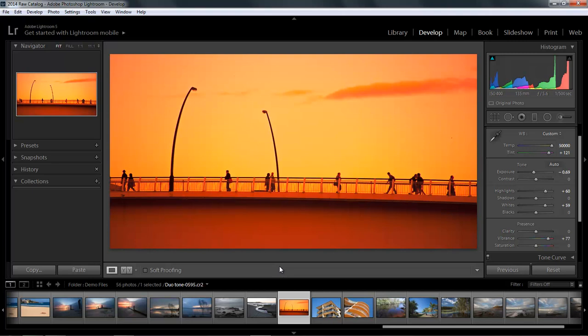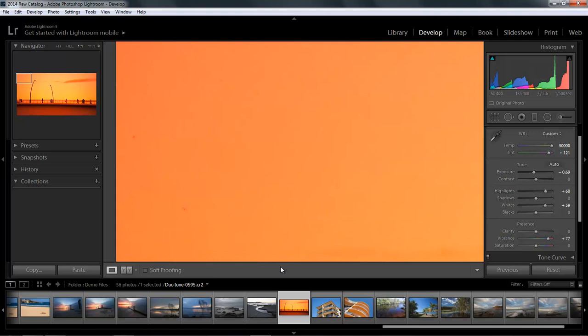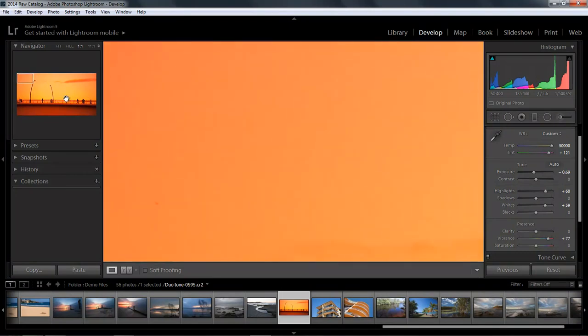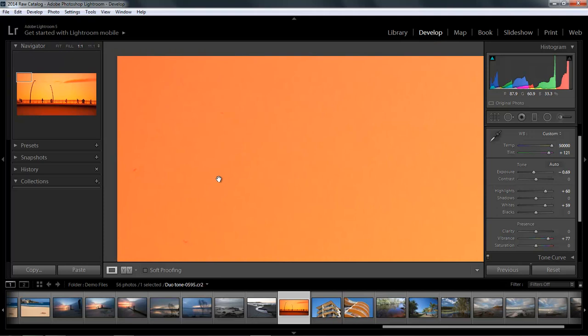One of the most important aspects of the tool we're about to use and the technique that goes with it is we work with our image at a large size. Now if we look at the Navigator at the top left of the screen, I've got mine set so with a touch of the Z key it jumps to 1:1. Well, I'm going to move my little square here wherever it lands, but I'm going to move it up to the top left, because what I want to do is to work on that top left corner first of all